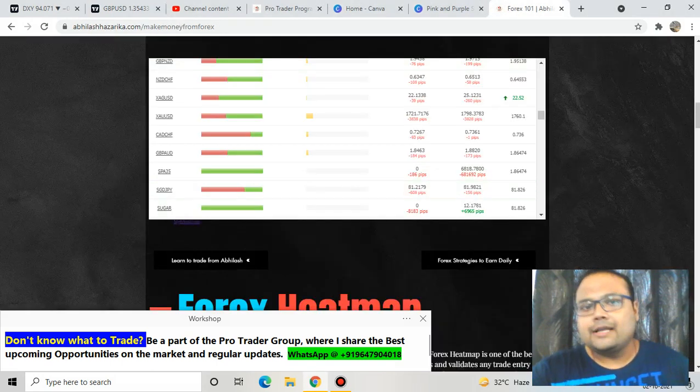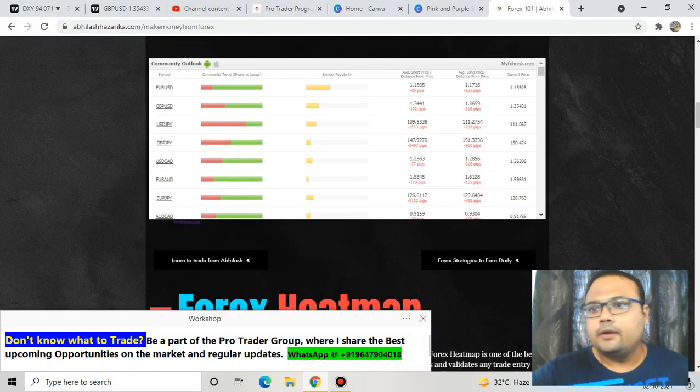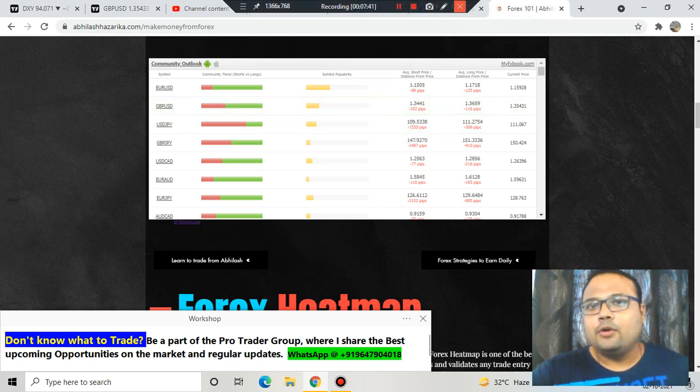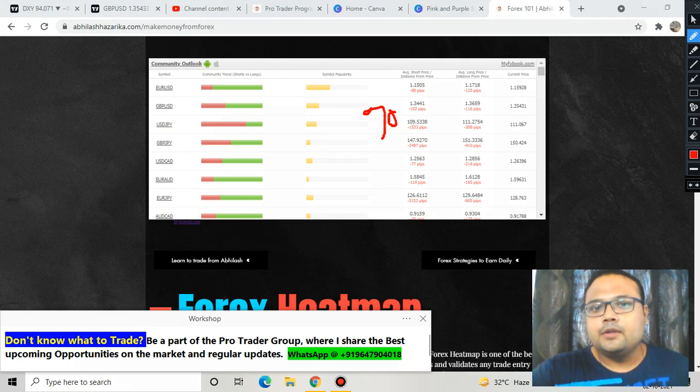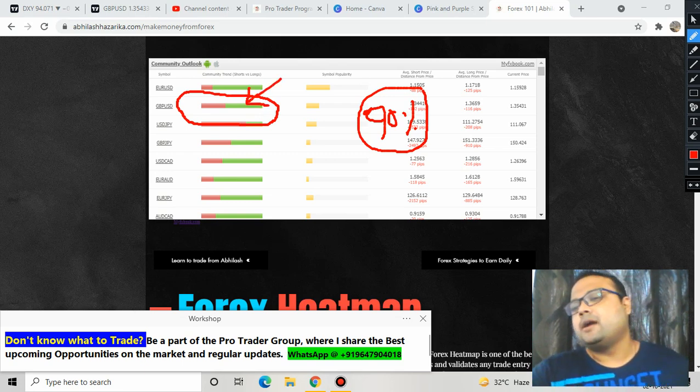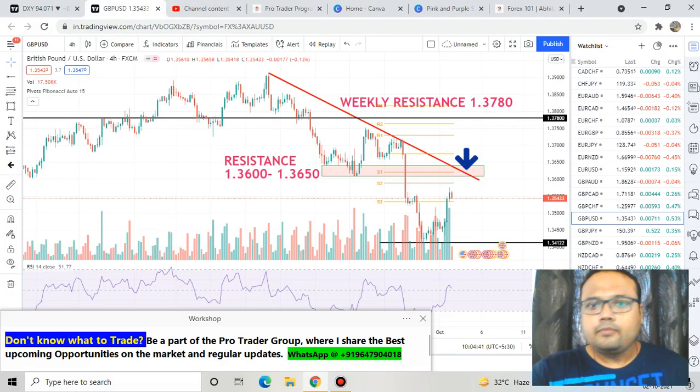And if you look at the forex sentiment meter here, we can see that 39% retail traders have taken short position and 60% retail traders have taken long position. And as we all know, more than 90% retail traders lose money. So there is a good possibility of market going down, because to be honest, most of the time I have seen that market always trades against the sentiment of the retail traders. So if they are on the buy side, then there is a possibility of market going down. So do not trade in the middle, follow proper discipline.